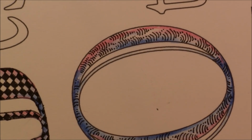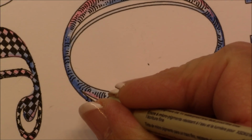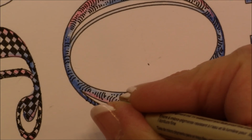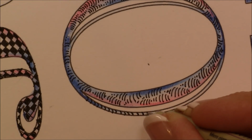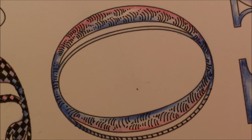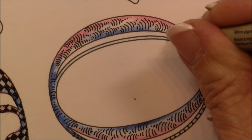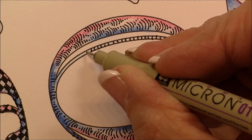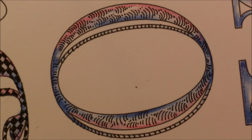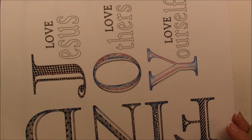And then just like I did on the D, where I just did some curves, I'm just going to come back in here and just do some little curved lines on this O. Just around there, and then I'm going to come back and do the same thing. Ever so slight curve up that O. And now for our joy, our Y in our joy,